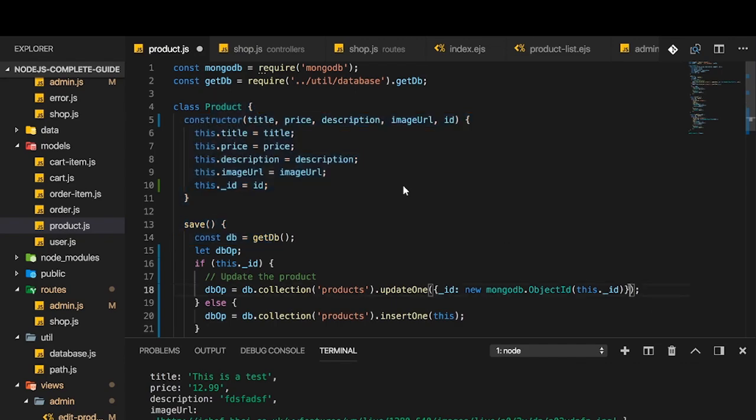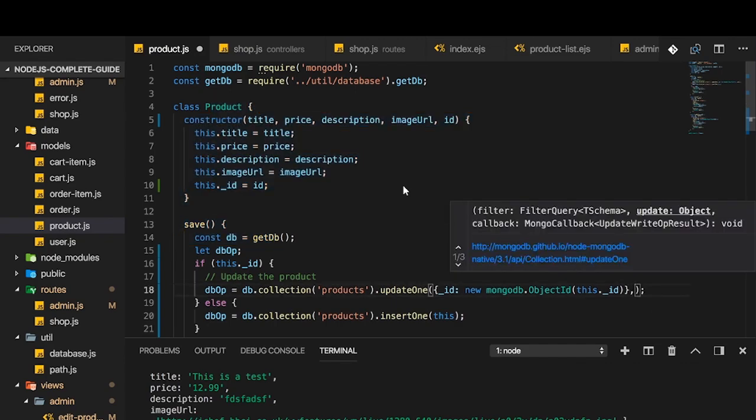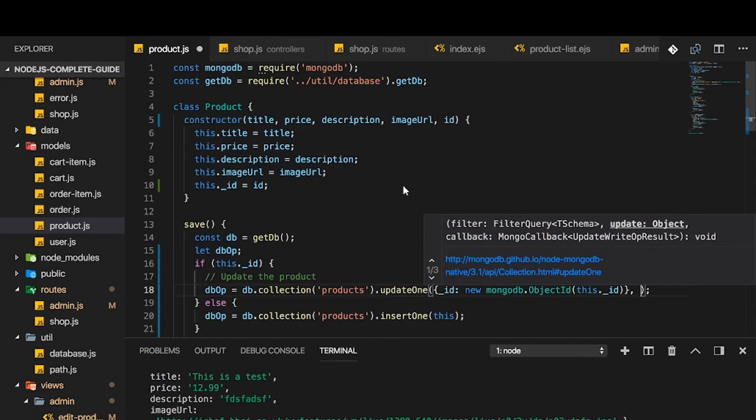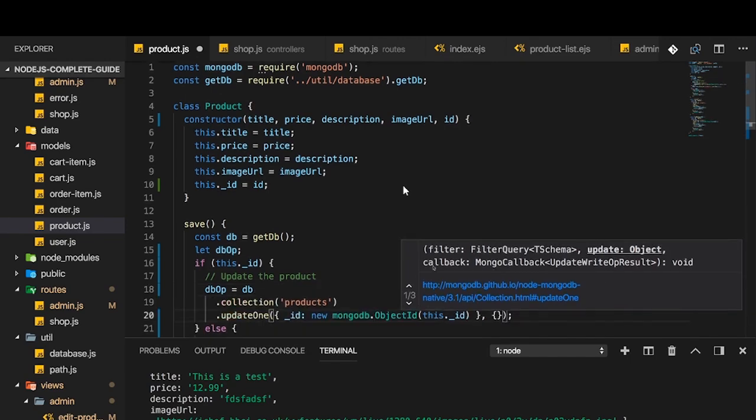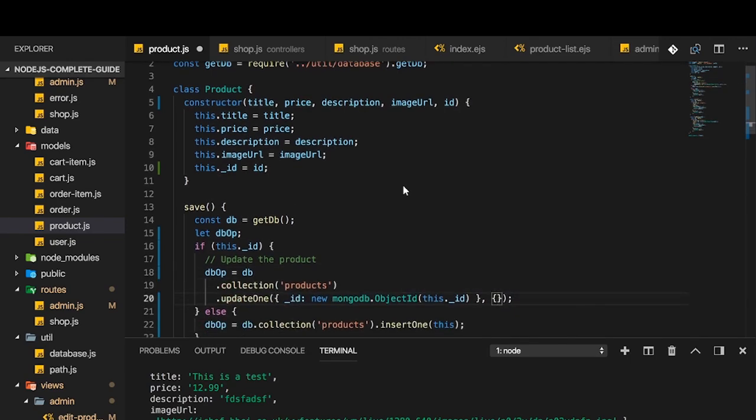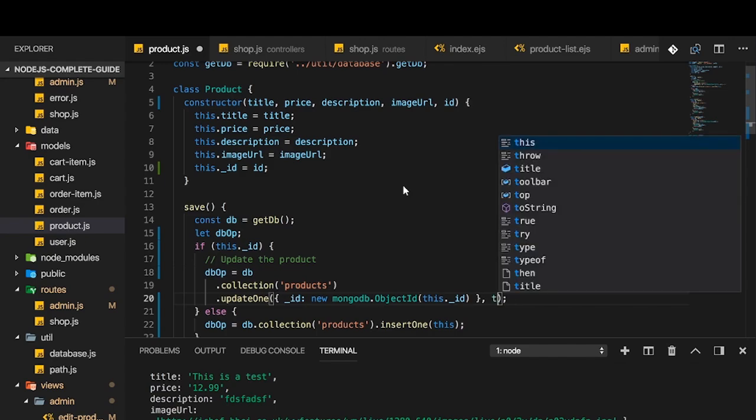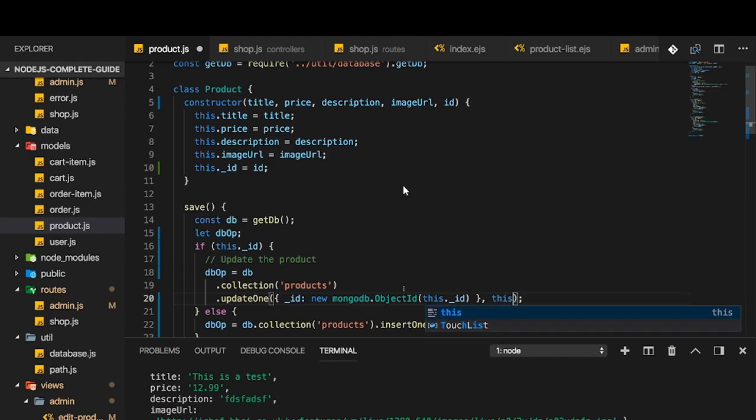So I'm looking for a document where the ID matches the ID I have here in my product I'm currently working with. And for that document, we now, as a second argument to update one, specify how to update that document. This again is a JavaScript object where we describe the update, and this is now not the new object. So we don't say this here, as you could imagine, that we tell MongoDB, find me the existing document and replace it with this. Update one does not replace. Instead, we have to describe the operation, and we do this by using a special property name, which is understood by MongoDB, kind of a reserved name, you could say,